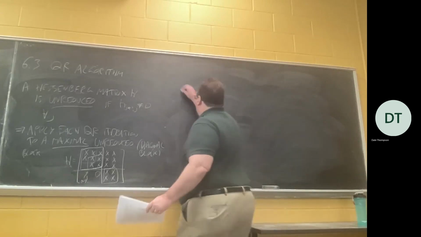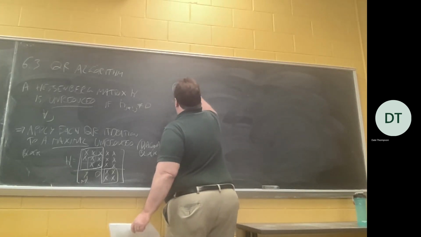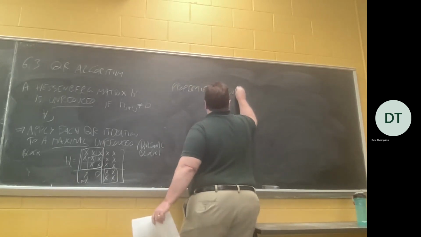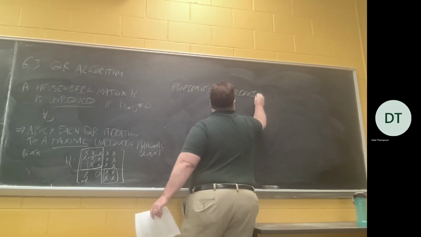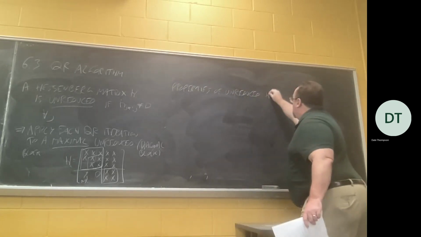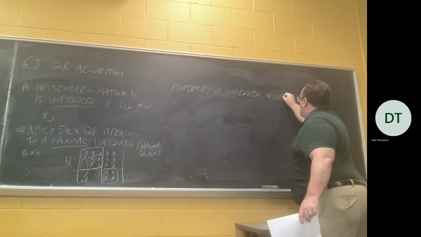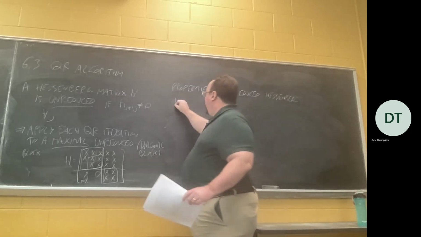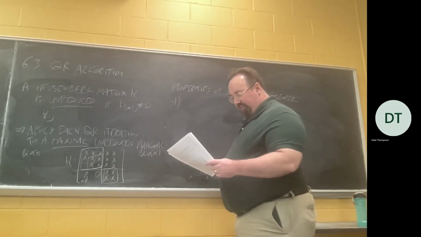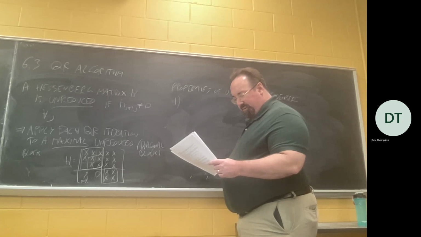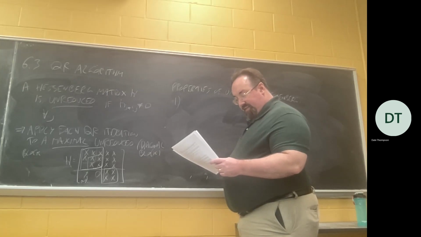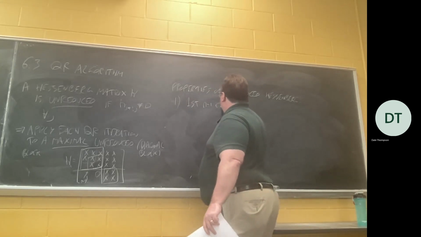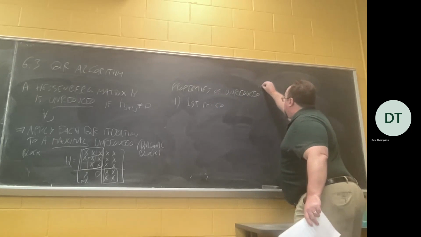First, a less interesting property. So first, even though it's the second one I mentioned in the notes, I just want to get it out of the way quickly. Okay. For an unreduced n by n Hessenberg matrix,